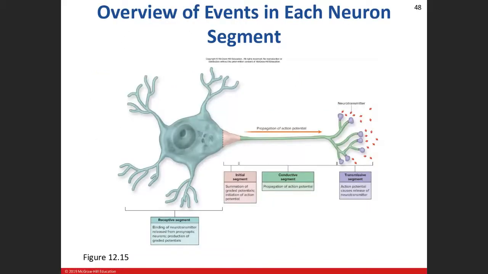All right. So now what we're going to do, and this is what I was talking to you folks about earlier, about the different segments of the neuron. We're going to start here at the receptive segment, and I'm going to basically tell you a story. Another neuron, let's say. Here are its telodendria, then it's got its synaptic knob here. And how it's going to try to create an action potential here in the axon. So we're going to start here. We're going to talk about how the dendrite sends its signal down to the cell body, and then how the cell body is going to try to get its signal to the axon hillock,